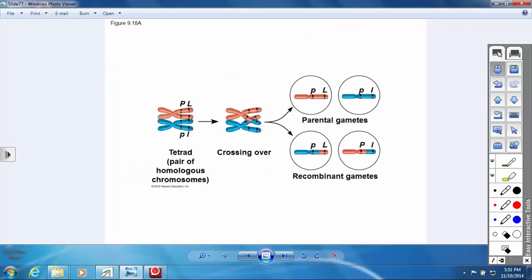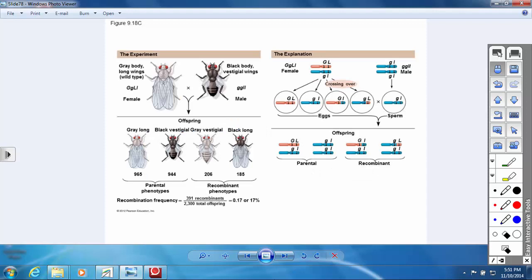So there's your tetrad, and there's your crossing over, and you get those recombinant gametes with different genetic diversity. So here, the experiment they did with fruit flies, everybody loves a fruit fly experiment, and so you have gray body and long wings and black body and vestigial